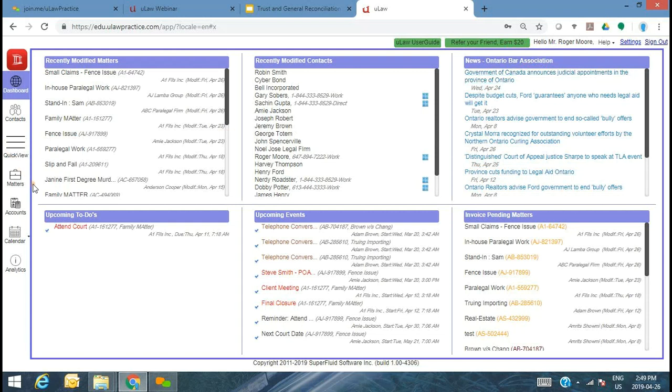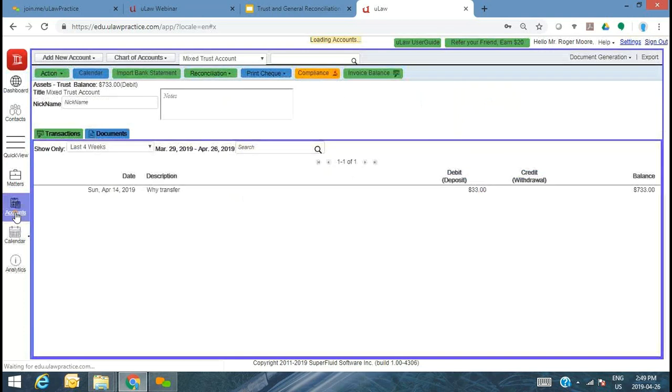I'm going to quickly, in the next 10 minutes, walk you through a situation of, let's start with a blank reconciliation, what that looks like, show you what it is to add these transactions and how they immediately reflect, because as I said, the foundation of the reconciliation is the record keeping itself. Okay, so in uLaw, for you to reconcile your account, you're just going to go into accounts.